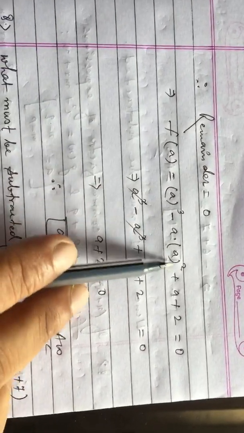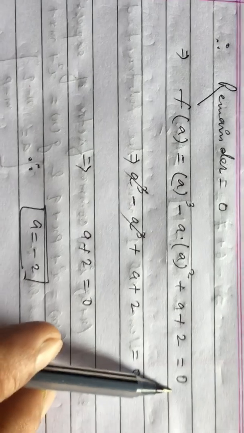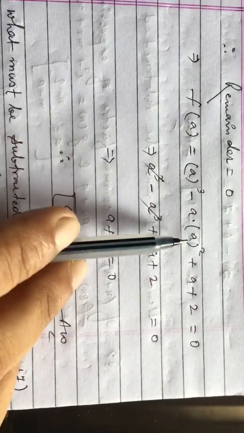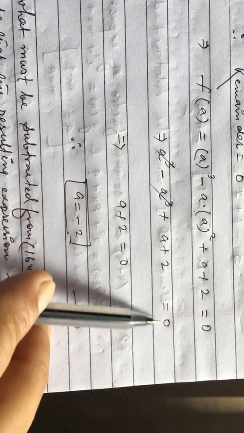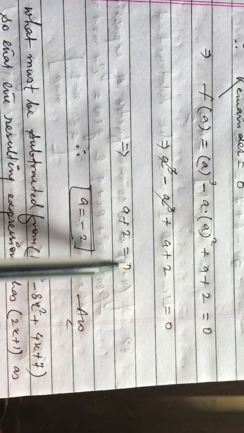Putting a equated with 0. Now a cube plus a plus 2 is equal to 0. This will be cancelled. A plus 2 is equal to 0, so a is equal to minus 2. Hence this will be the answer. Now see,